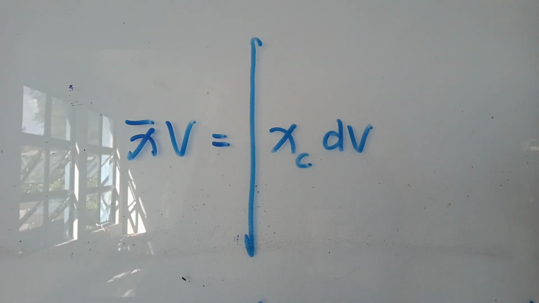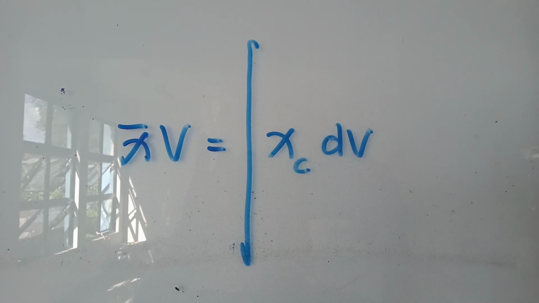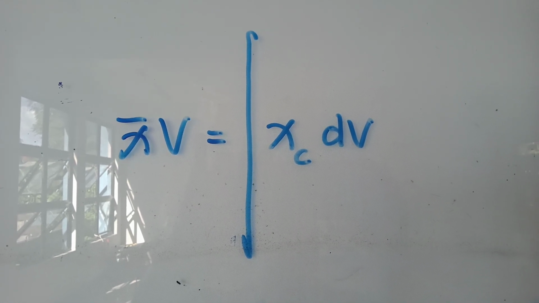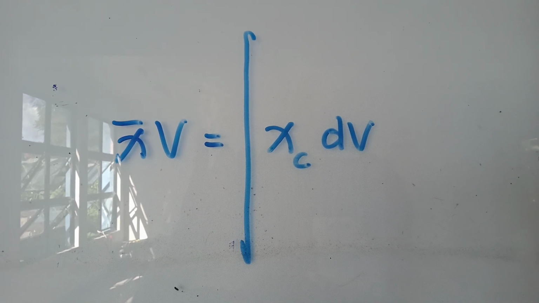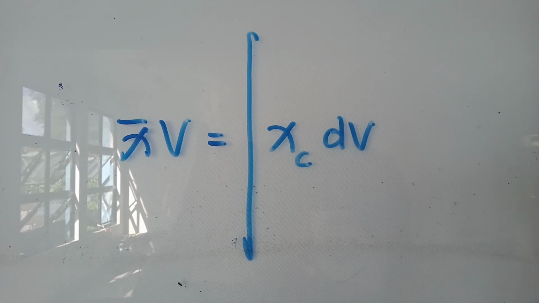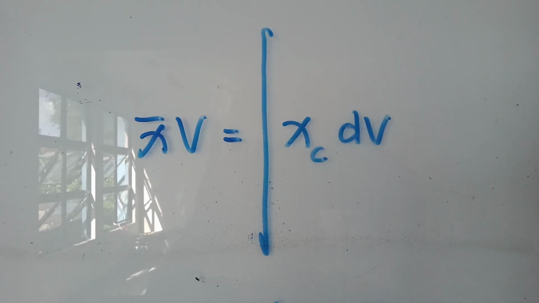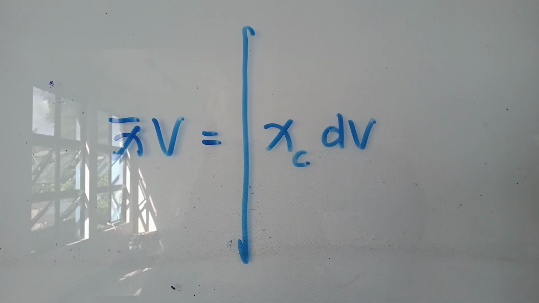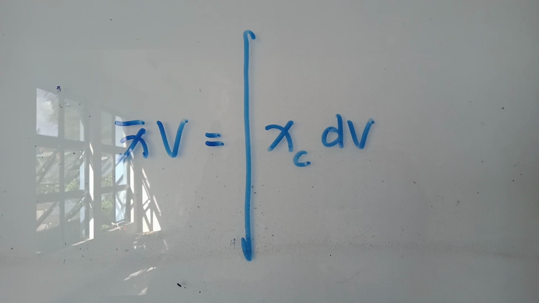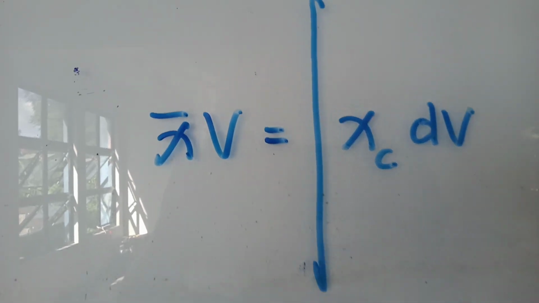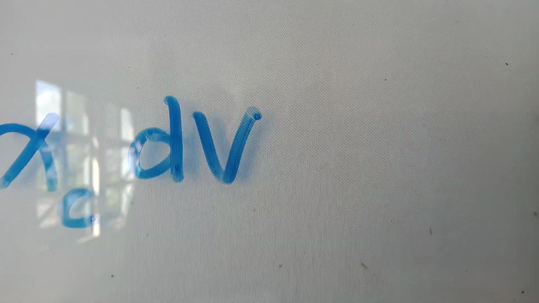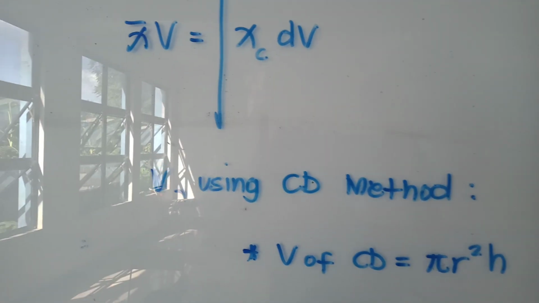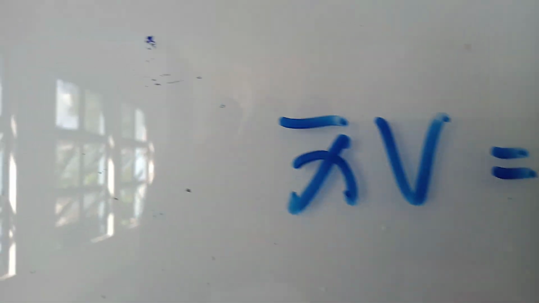Our formula in determining the centroid of our volume or solid of revolution is this one. That's for the x coordinate. This is very much similar to our formula in finding the x coordinate of the centroid of a particular area. However, for volume you have the volume, and for differential volume you have the differential area. Now, since we want to determine each of these before finding bar x, we find first for V.